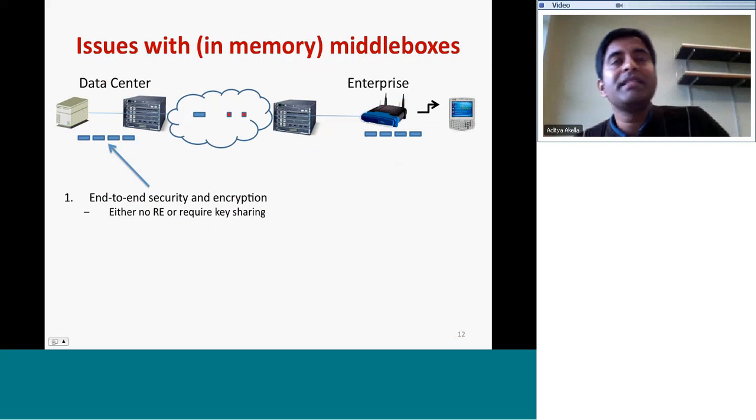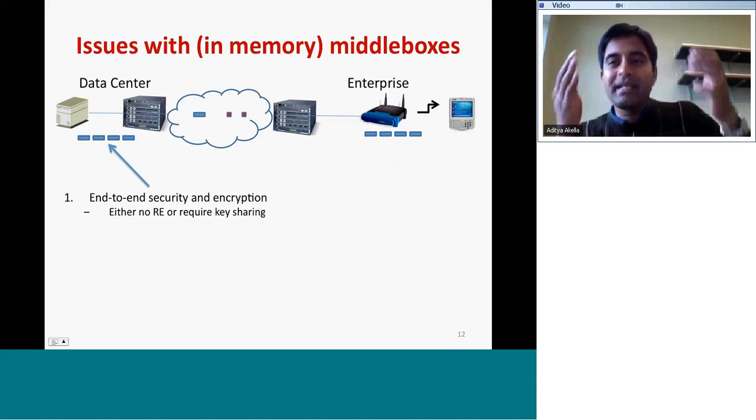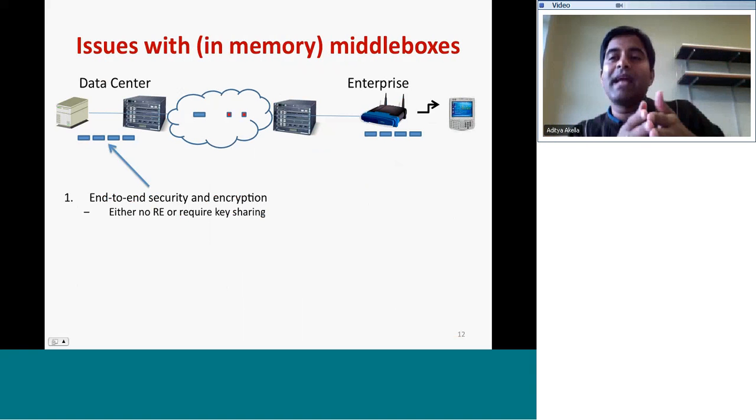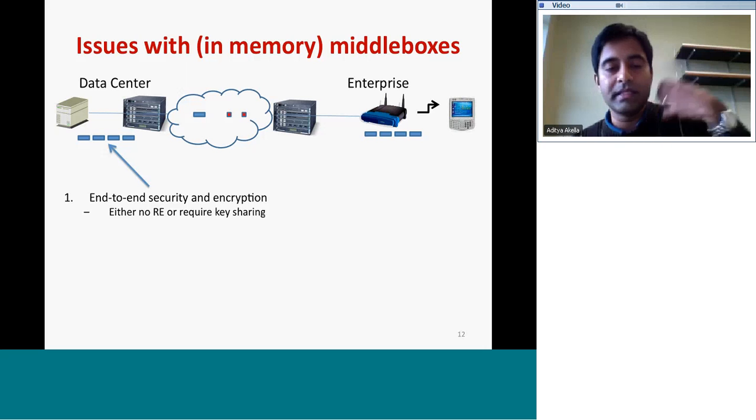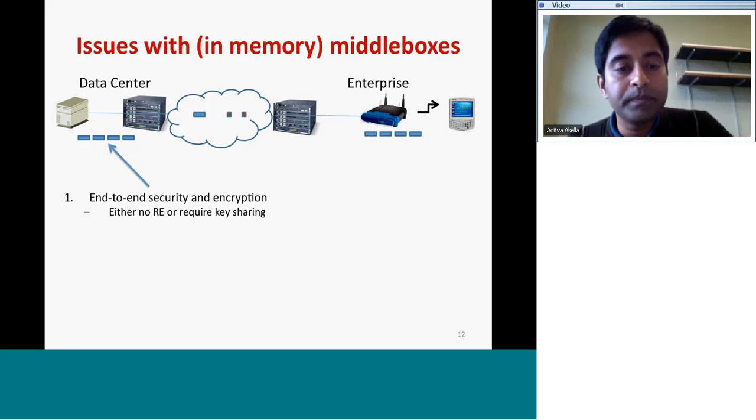What this means is that each time you see an encrypted piece of data, either you just let it go without doing any compression, because you can't really look for matches against prior content since the data is encrypted, or you have to share keys with this middlebox appliance and try to do some reverse engineering, essentially having a man-in-the-middle attack kind of a thing happening to accommodate encryption. That's architecturally unseemly, and there is a significant potential for other attacks that may happen.